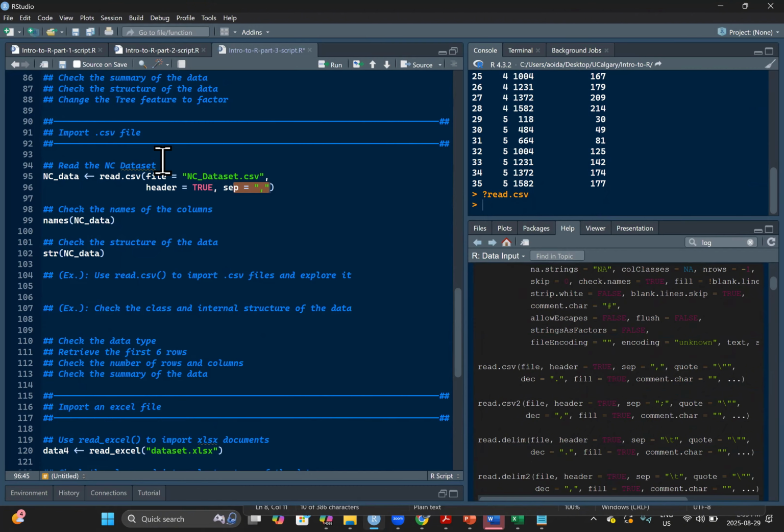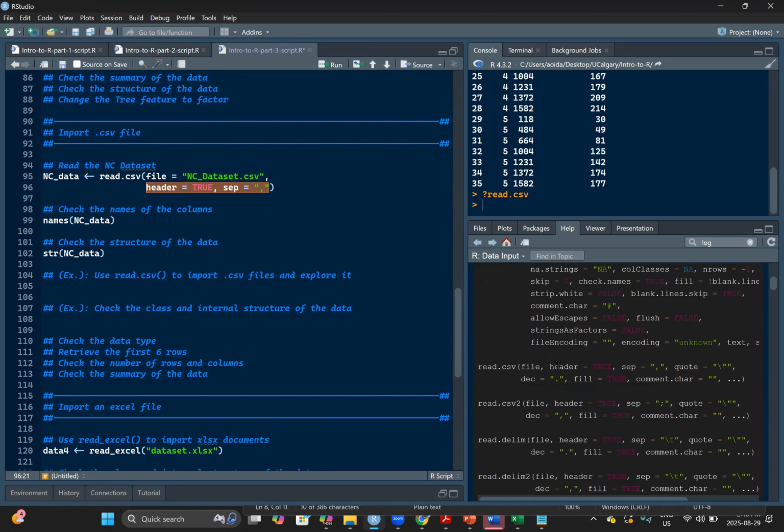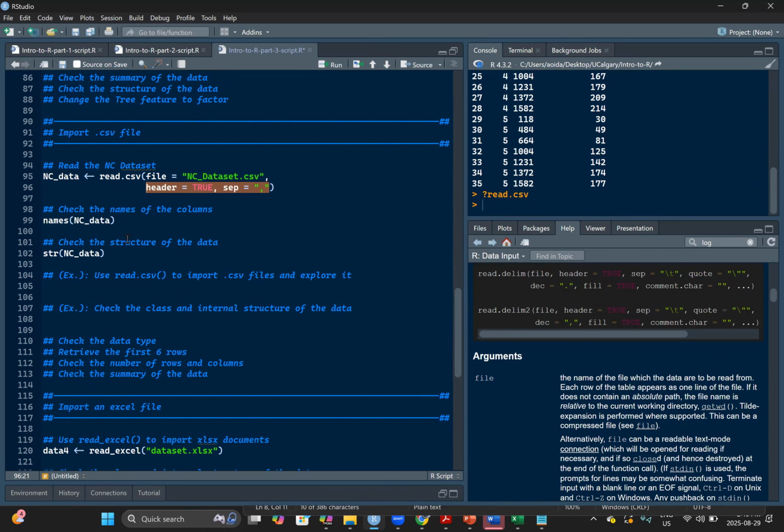So if we had not put header equals true, by default, header is true for read.csv, and the separator is comma by default also. So I could have easily skipped these 2 arguments and my data would still run well, because unlike read.table, where the header is false by default, in read.csv, the header is true by default, and the separator is comma by default. All right, so we'll run this